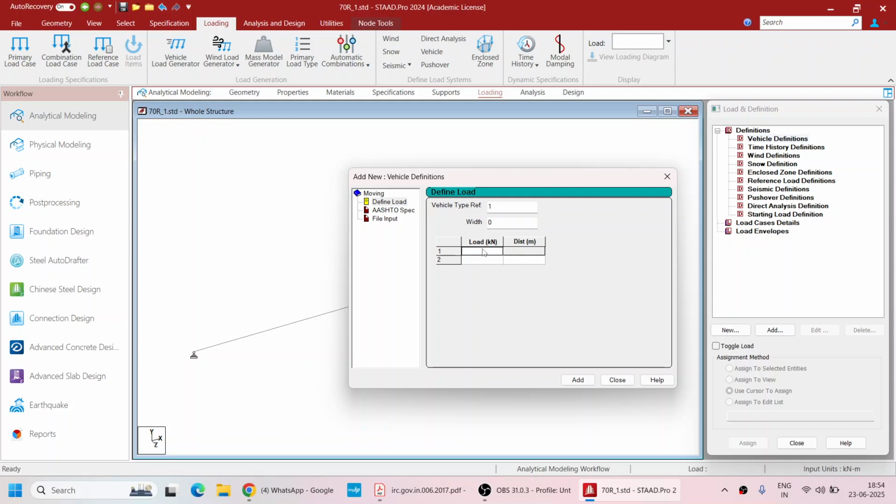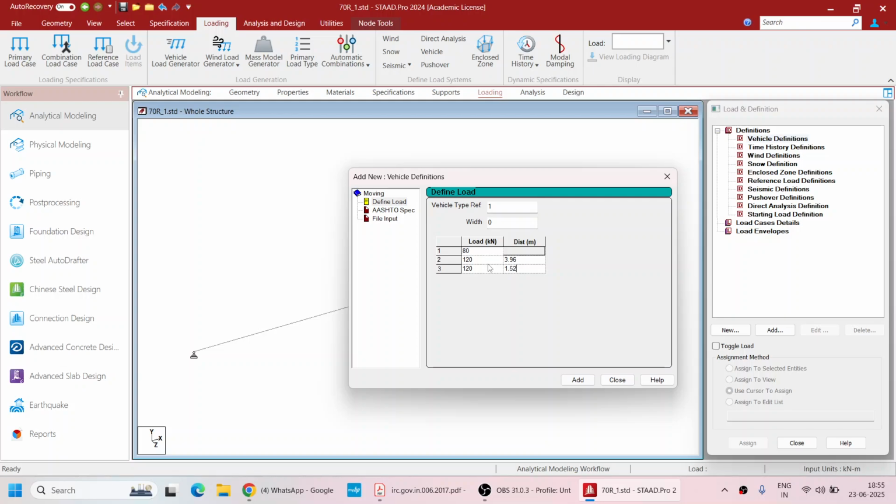So here in kilonewton this will be 80, and then the load is 120, that is 12 ton, and the distance between them, from 8 ton to the next load, we will put the distance measurement, that is 80 to 120, there is 3.96 meter, 120,